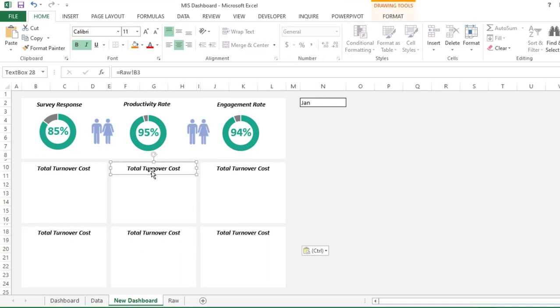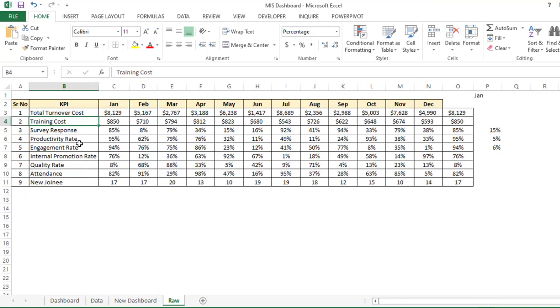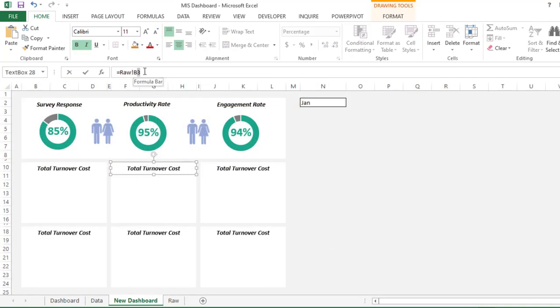Next we have to change the cell reference. The next KPI is at B4, so we'll change here to B4 so that this particular KPI also comes here. Again the same: center align, italic and bold. Now you can see this one is done. The same way we have to do for the others also.